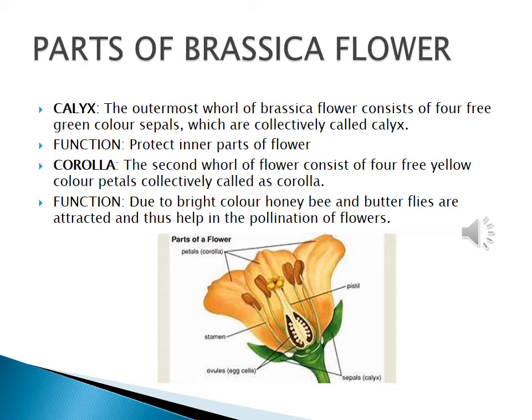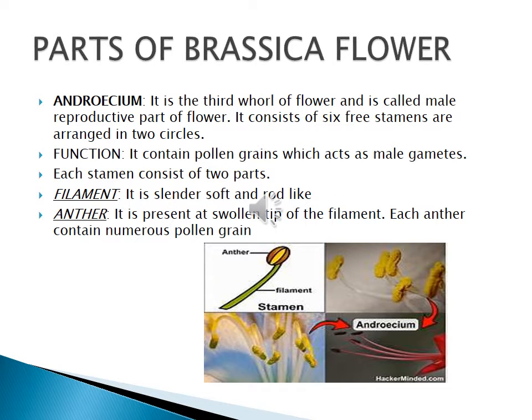Now students, what is pollination? We will discuss pollination after we discuss two more parts. Then you can easily understand what pollination is. Now, the number three part is the androecium. Androecium is also called stamen. The androecium lies inside the petals. It makes the third whorl of the floral leaves.